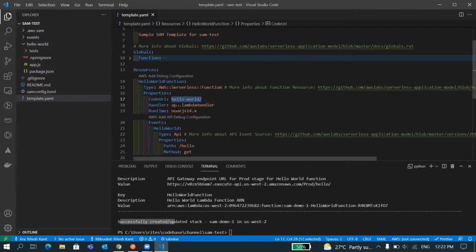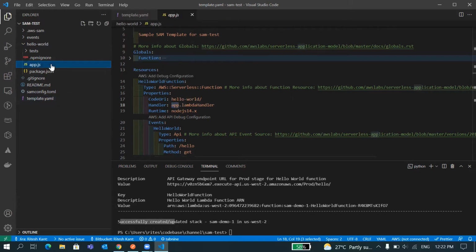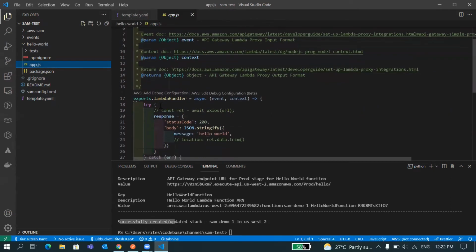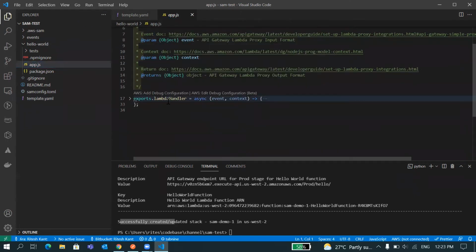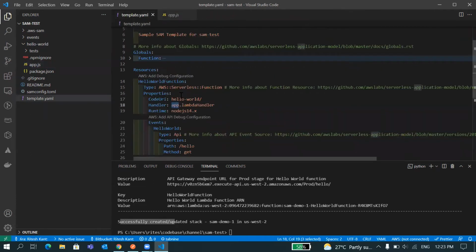After that, in handler, you have to name your file name. Here it's written app. That means I'm directing it to app.js. So this is the file, and inside of it, you can see whatever things are exported here can be used in my template YAML. So you can see only one function is there, which is lambdaHandler. So if you go here, you will see it's a lambdaHandler.